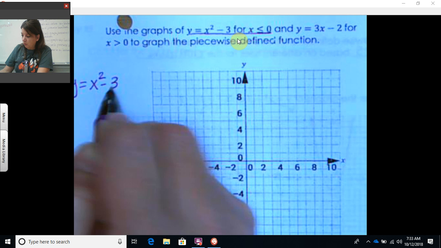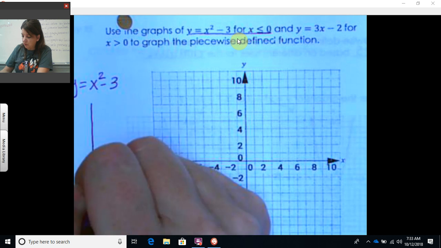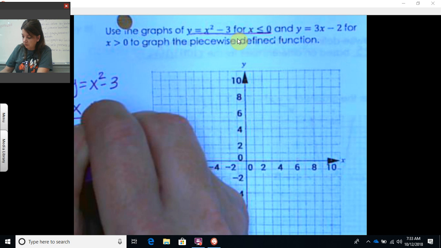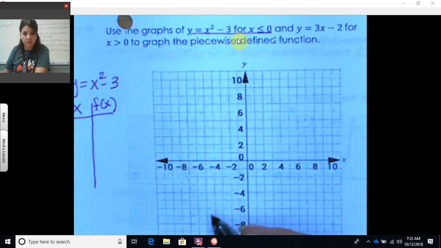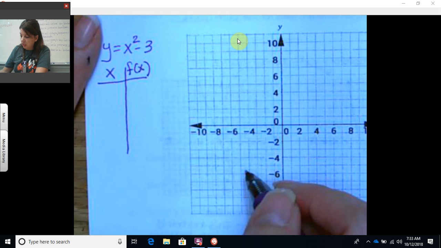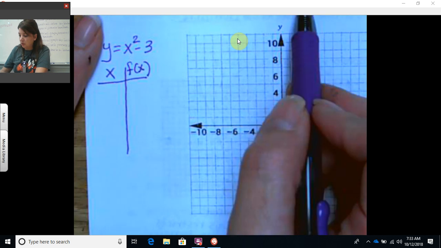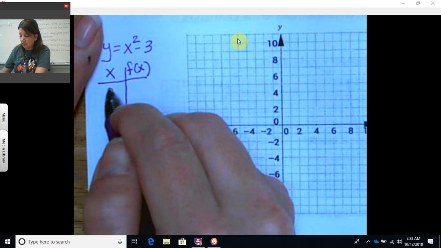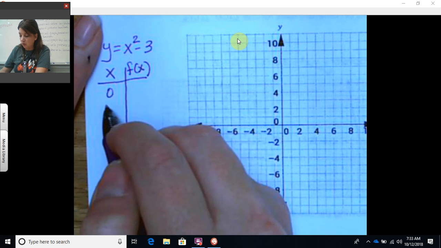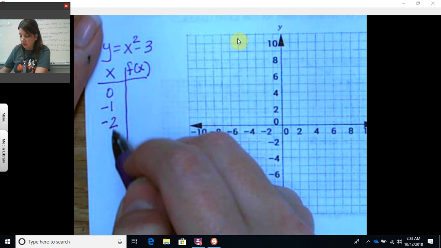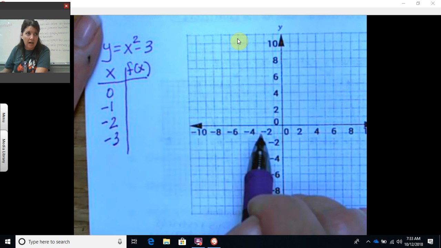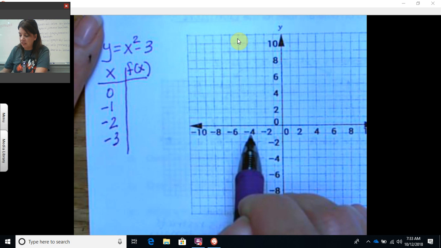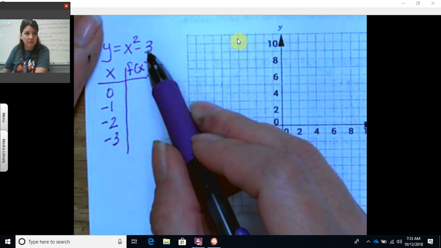So I'm going to make a little table of values. And I'm going to pick my x values. So x is less than or equal to 0. So I'll start with 0, then less than, like -1, -2, -3. That should be plenty of ordered pairs. I know it's a parabola, so I know the general shape. I just kind of need to know its location. And don't you think I could easily substitute these values in my head and simplify? If not,